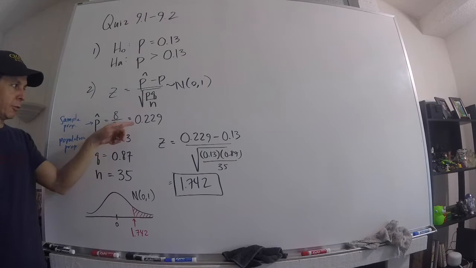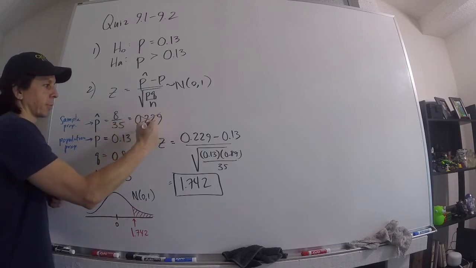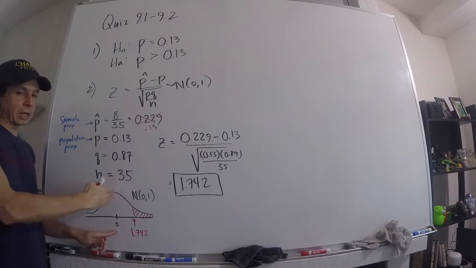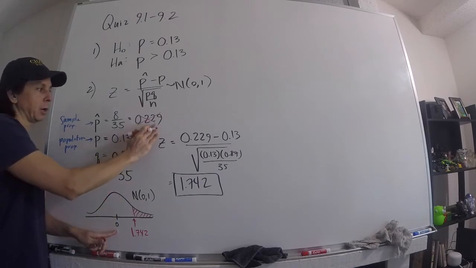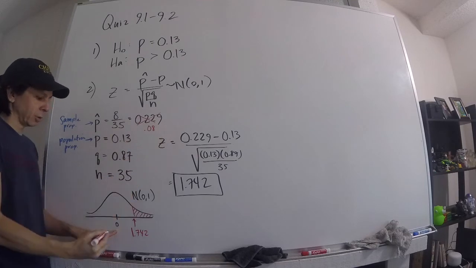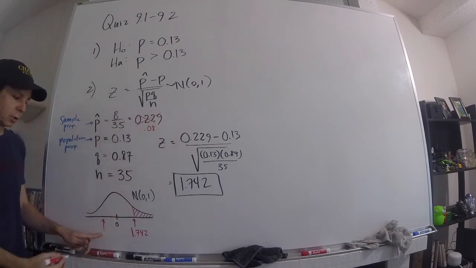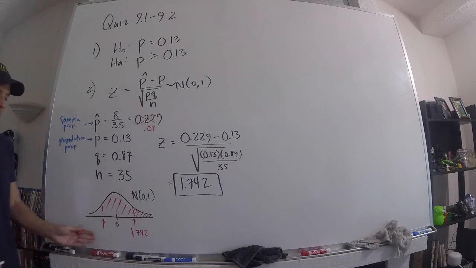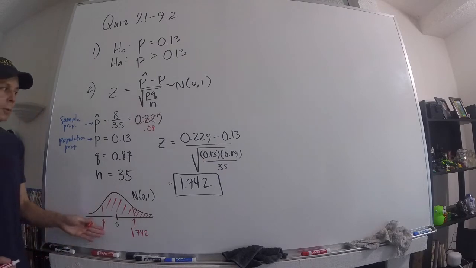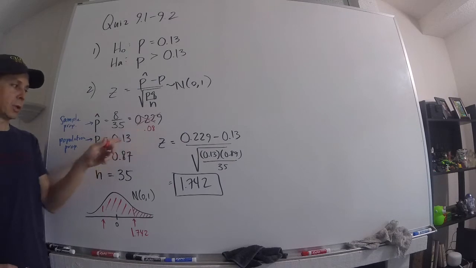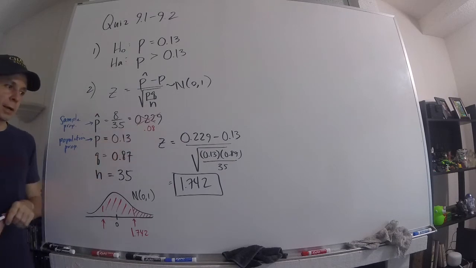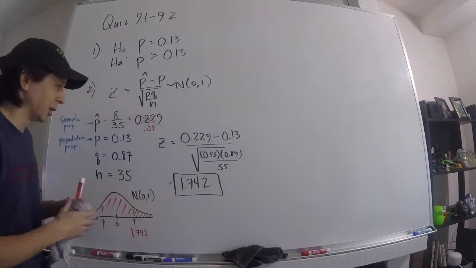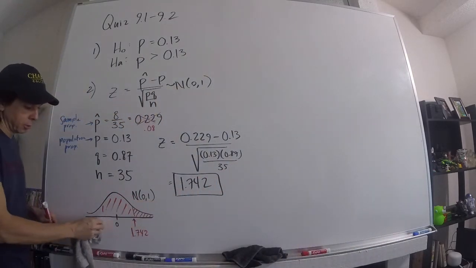So if this came out to 13, exactly what they claim, you get a z-score of 0. That's exactly what they claim. If you had below that, like 0.08, you get a z-score that's out here, which is good, because then your p-value is going to be there, and you're definitely going to not reject, which means that you definitely believe them. Because if 8% of your sample fail, that's definitely corroborating that 13% seems reasonable. In fact, it seems that they're doing better than the 13%. But